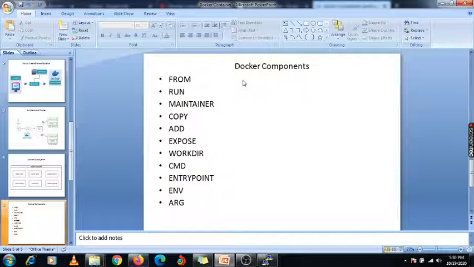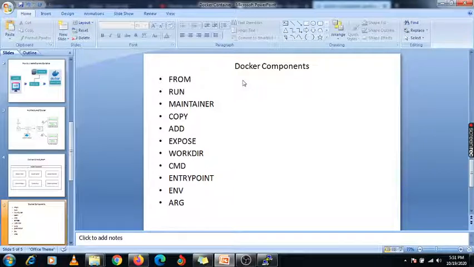And this ADD is like COPY, but there is one difference. If suppose you want to copy your files or directory, you can do it from your local server, also from the internet. Whatever the repo is available on your internet, you can pull it from there, and you can use this ADD component. Also there is one feature, that is whatever zip or tar files are available, at that time when you use this component, it will automatically extract it when you execute the container.